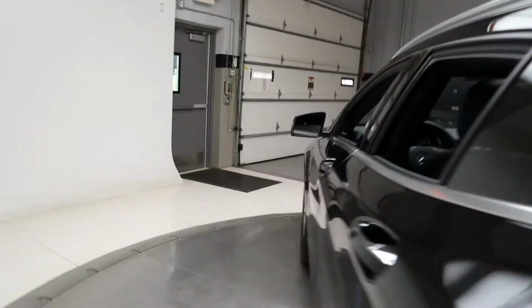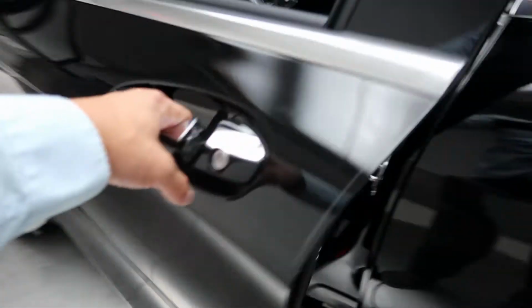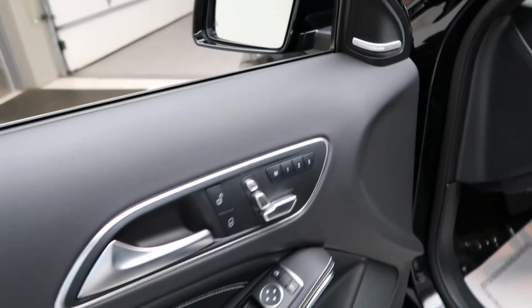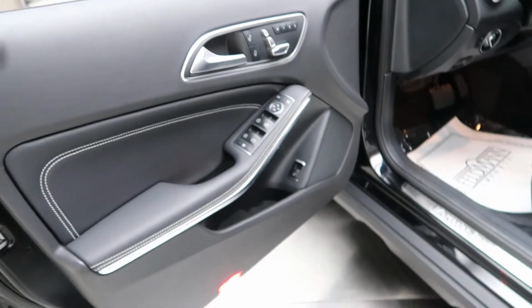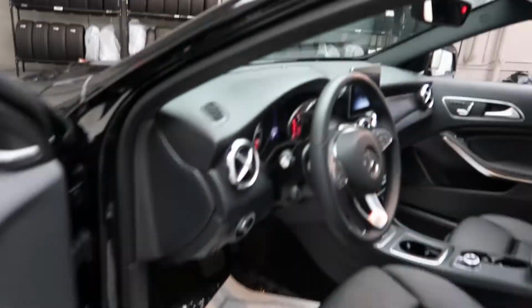Coming alongside, this one does come with the Premium 1 package, which is going to give you a blind spot assist, keyless entry, Harman Kardon sound system, memory seats, power windows, an LED logo which appears when you open the door. Hopping in,